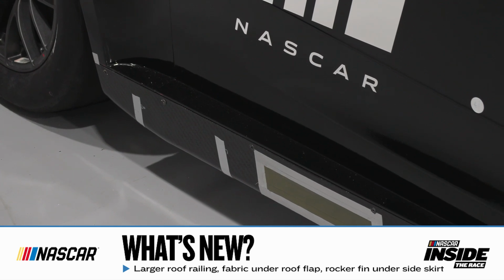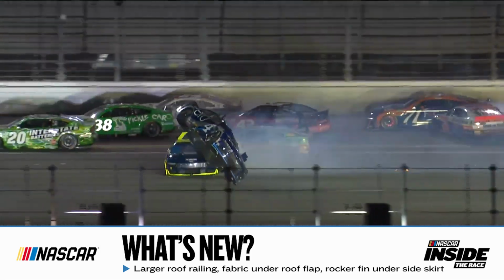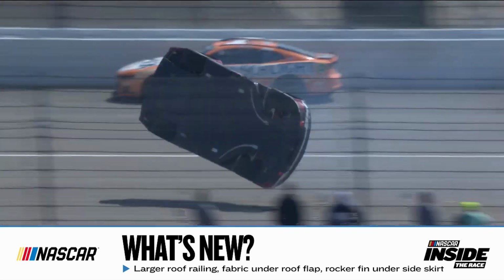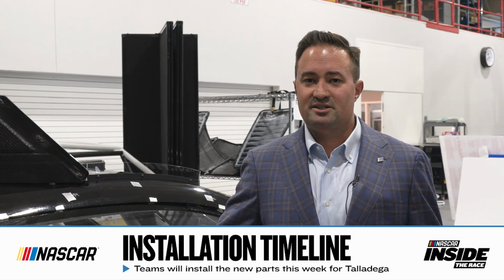All in all, these changes add about 25% to the liftoff speed at 90 degrees. 90 is about where we saw both the cars go over this year, so we're feeling pretty good about the improvement we made. As far as the teams and manufacturers, we've been communicating throughout this process over the last couple